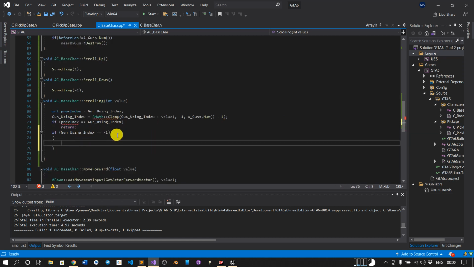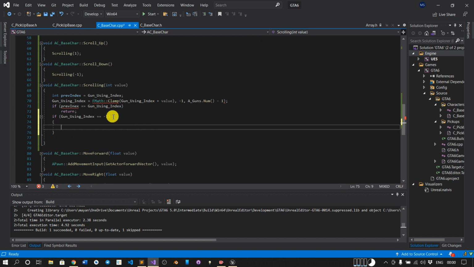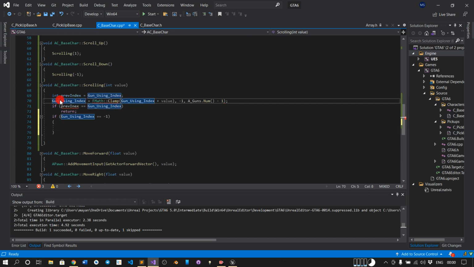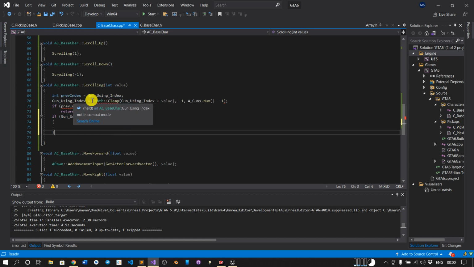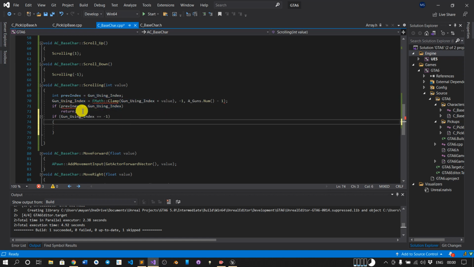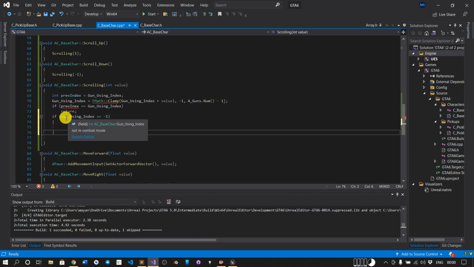Let's imagine that we have equipped the gun, and we are scrolling. We have scrolled down. Sorry, when we scroll up, it will increment, and this will be false. So we will increment, so it will not be equal to -1.